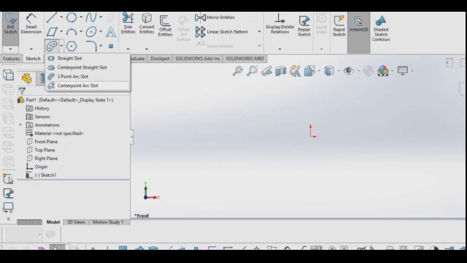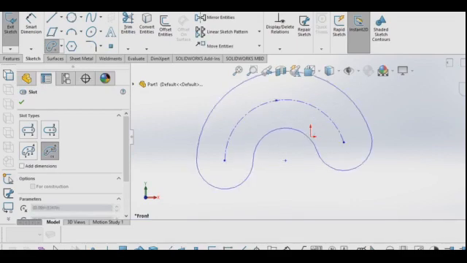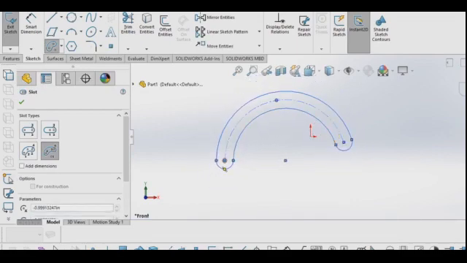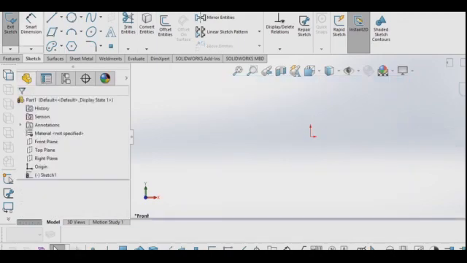Next we have center point arc slot. For that I will click on one central point, and then you can go throughout the circle. We cannot go for 360, but you can go less than 360, greater than 0. Any angle you can give for the slot. A circular slot you can create.